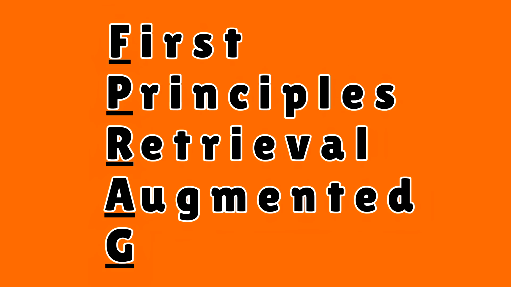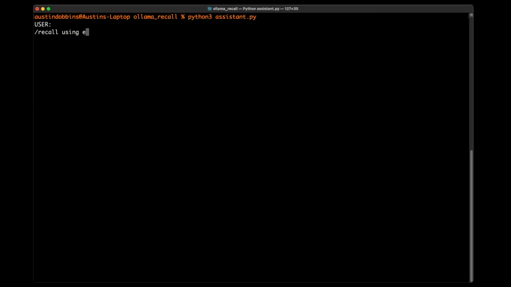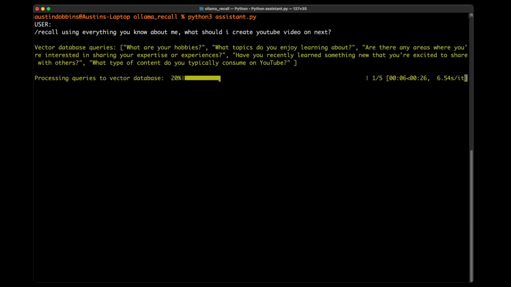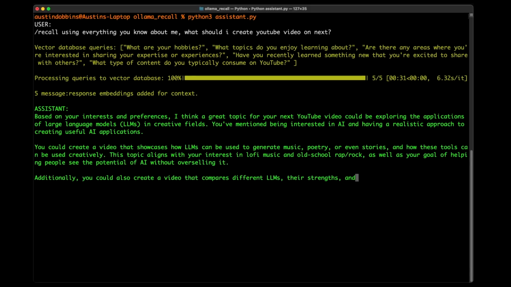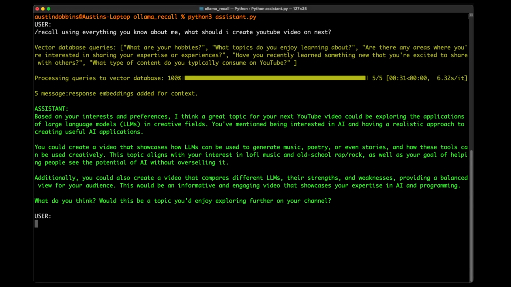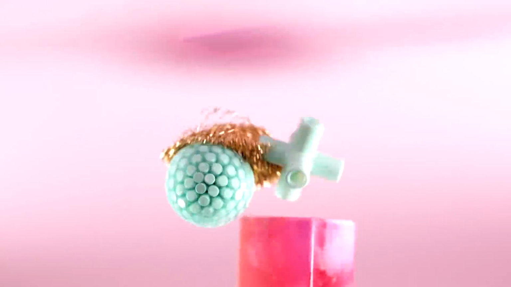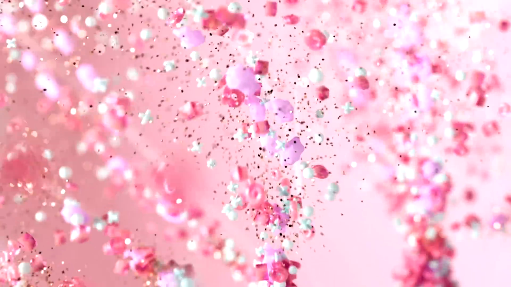This agent uses a first principle retrieval augmented generation technique to handle pulling context from multiple needles in the haystack. In other words, this AI creates queries to search for data on multiple topics to satisfy the needs for responding properly to your prompt. After retrieval of the most relevant embeddings on various topics from our conversations database, the agent